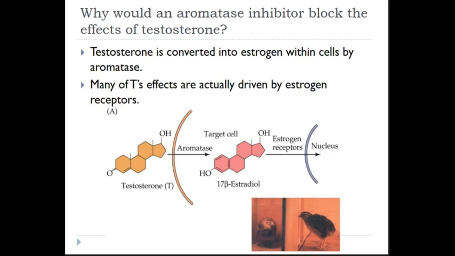So I think this is kind of a neat little story. It does show a nice example where a hormone, maybe a pair of hormones, are activating a behavior. It also shows that many times what we think of as testosterone's effect is actually mediated by estradiol. So many of testosterone's effects are actually driven by estrogen receptors within the target cells of the animal, which includes the staring behavior. Questions make sense?